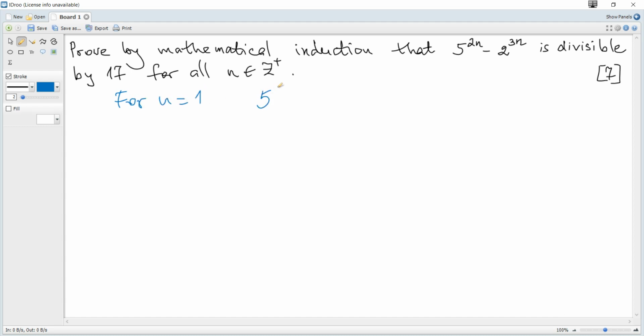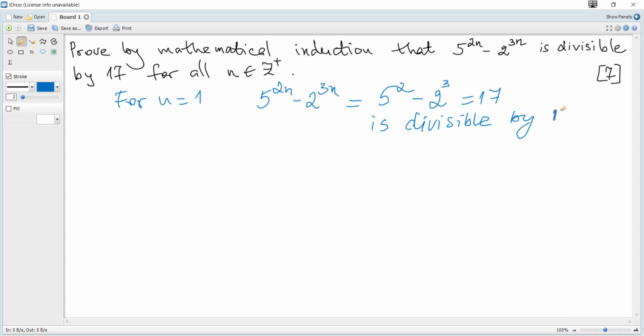Our expression 5 to the power 2n minus 2 to the power 3n becomes 5 to the power of 2 minus 2 to the power of 3, which is 17, and it's clear that it is divisible by 17, so we write is divisible by 17, so it's true for n is 1. The next step is as usual, we write assume